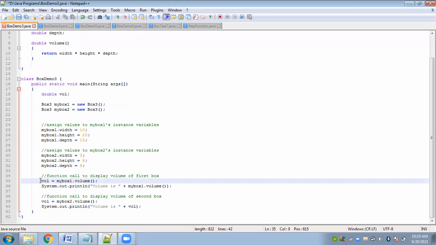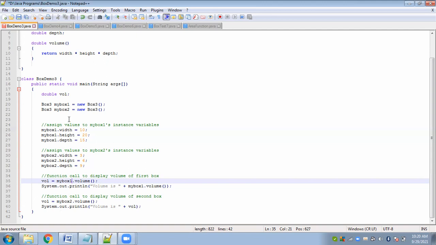First, we call the volume method for my box 1, because I am to calculate the volume for my box 1. So for my box 1, I'm using myBox1.volume. I'm accessing this method. Accordingly, the values 10, 20, 15 will be passed to width, height, and depth.